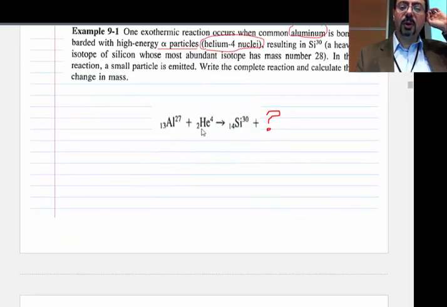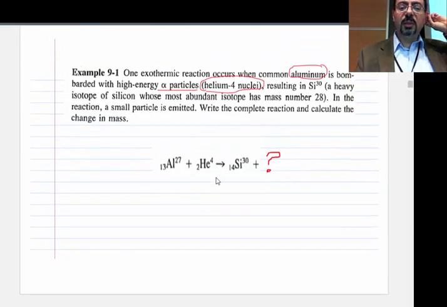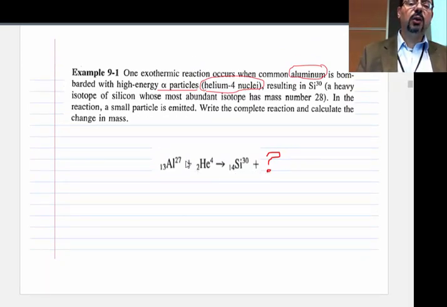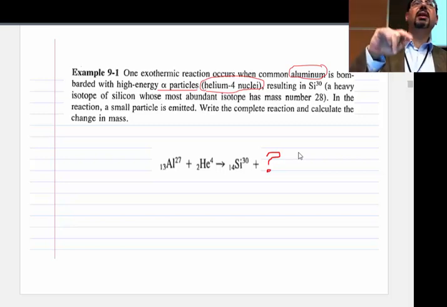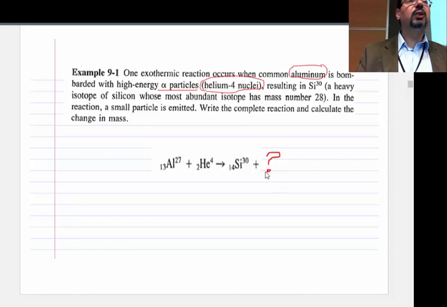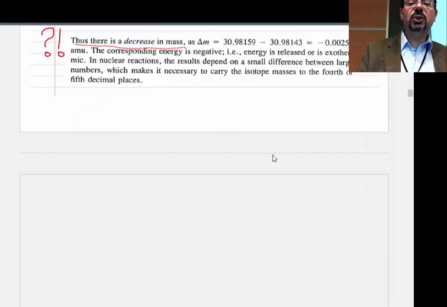And we said a typical problem or example will be something like this, where you basically say, well, 13 plus 2, 15, I got 14, this must be 1, and over here the total was 27 plus 4, that's 31, I got 30 here, there must be 1 left over. So this is 1 and 1. So I go to the periodic table and find out what's the element that has 1 and 1. Or I could have 1 and 2, or I could have 12 and 35. Whatever the number, I will just go to the